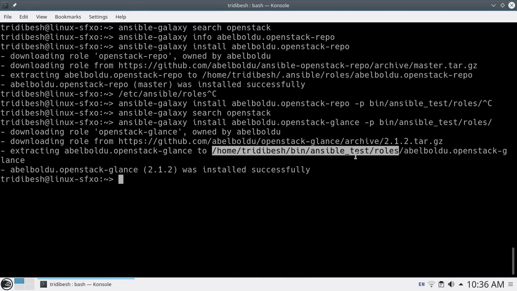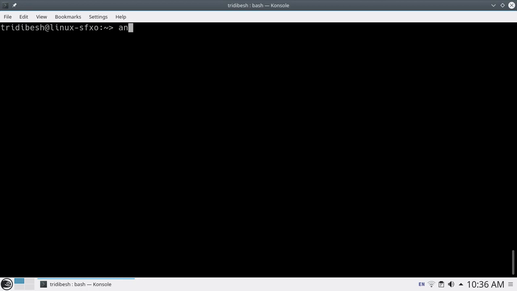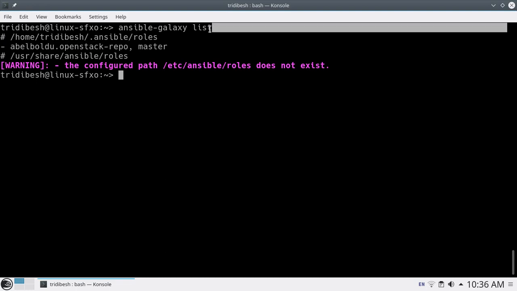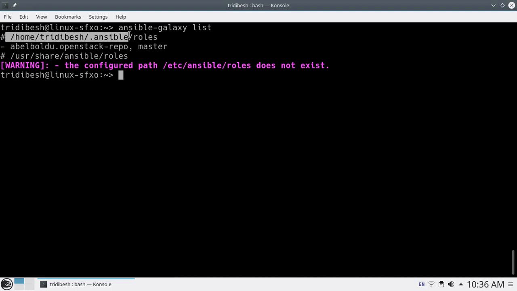So like this you can easily download the required roles from your Ansible Galaxy. Now, if you want to see what all roles you have downloaded, that is very easy. You do ansible-galaxy list. It will read the list and show you what all roles you have downloaded. Now one thing you need to remember: if you use this command, by default it will read from this directory and the /etc/ansible/roles directory. It will not look in the custom directory we have used.